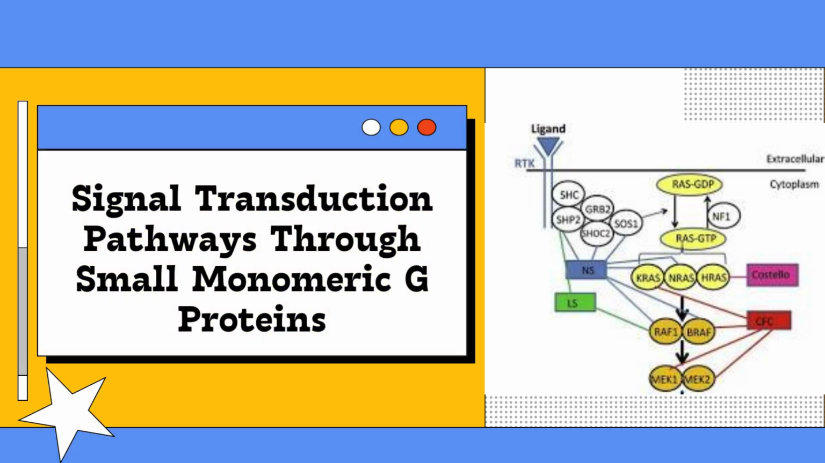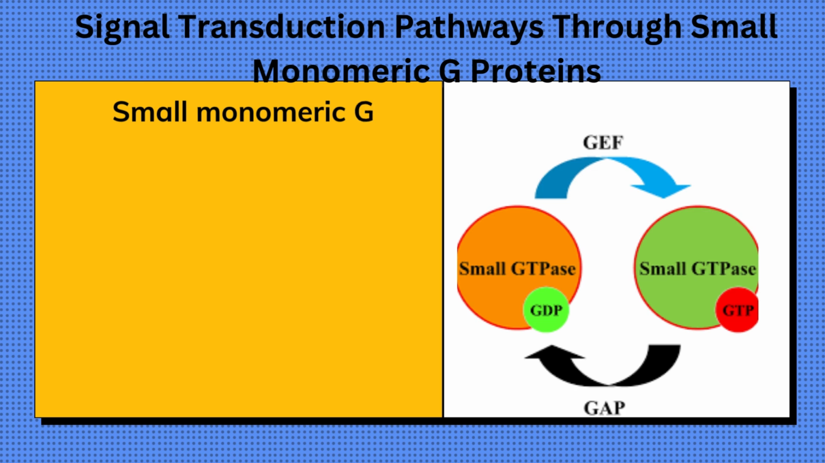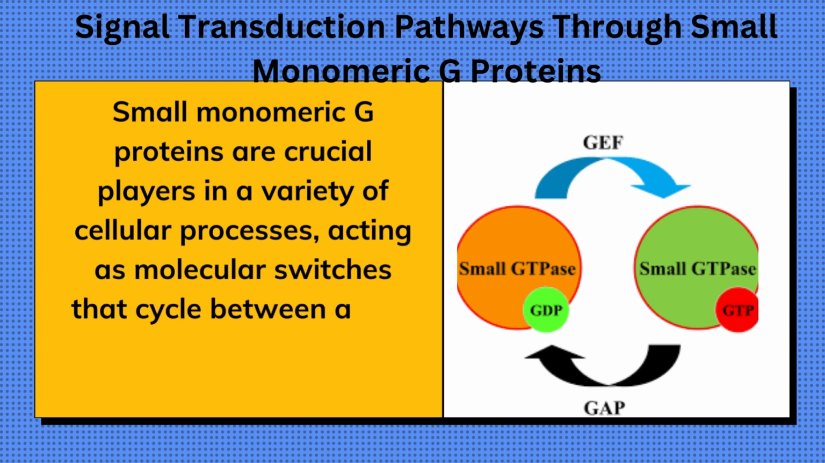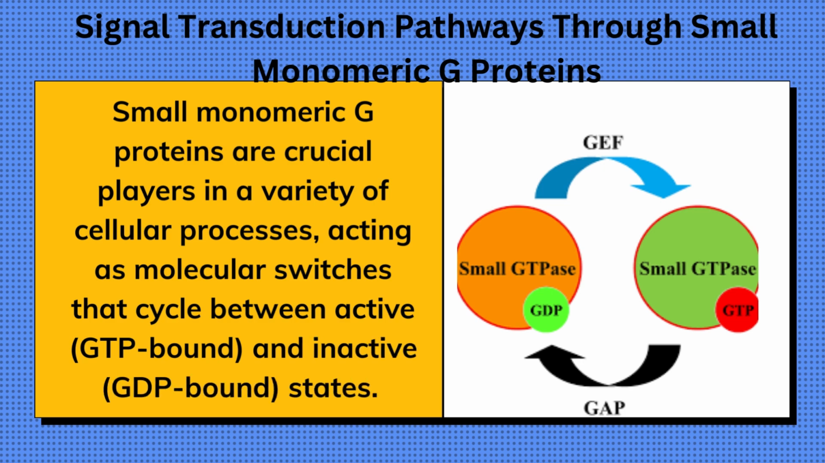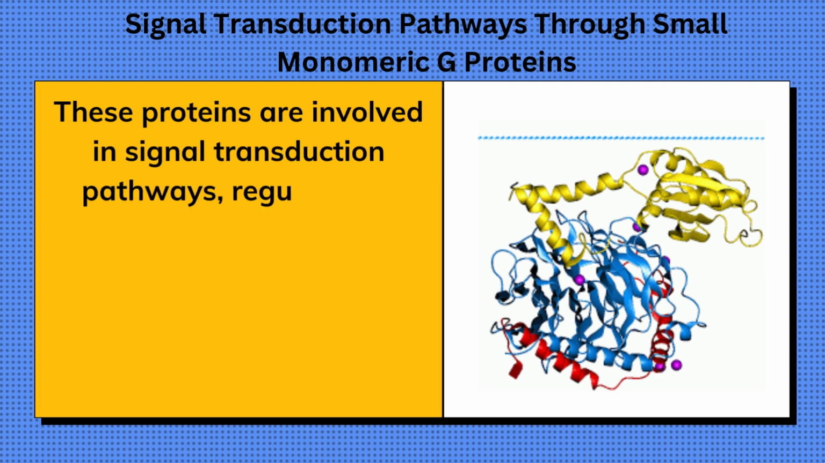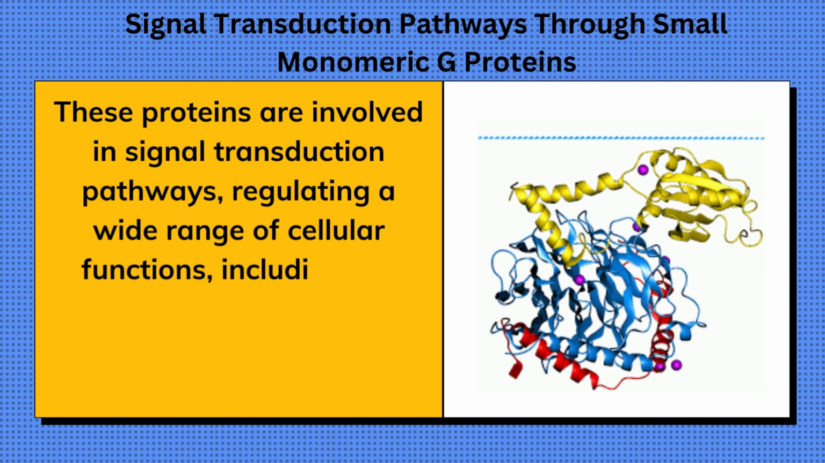Signal transduction pathways through small monomeric G proteins. Small monomeric G proteins are crucial players in a variety of cellular processes, acting as molecular switches that cycle between active, GTP-bound, and inactive, GDP-bound states. These proteins are involved in signal transduction pathways, regulating a wide range of cellular functions, including cell growth, differentiation, proliferation,